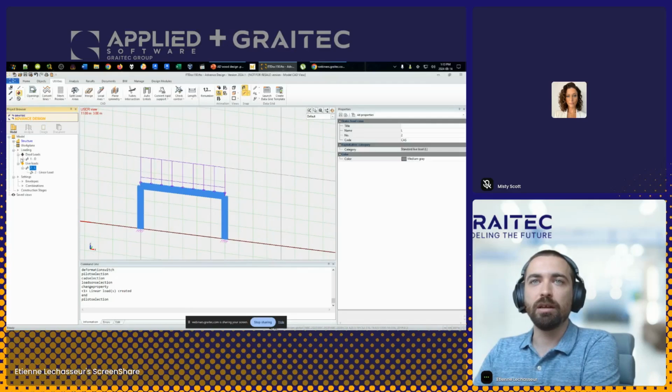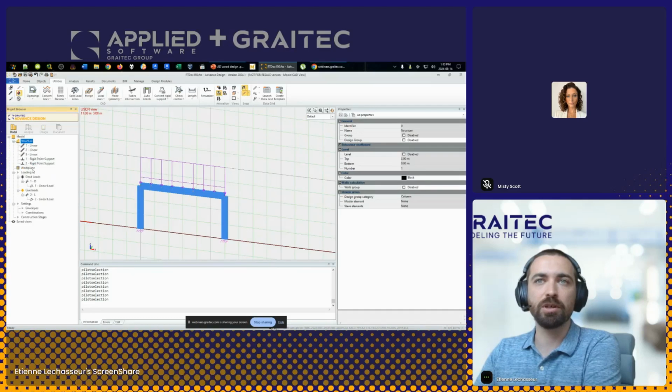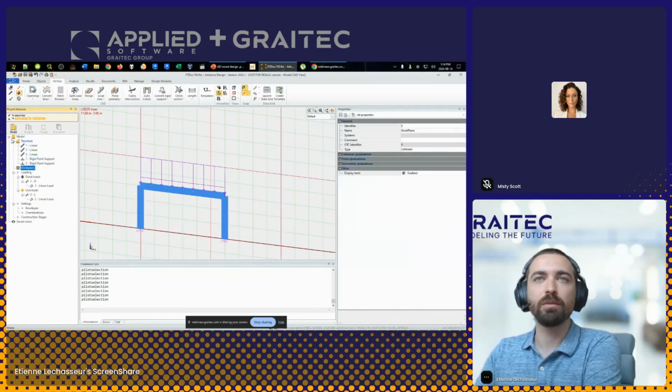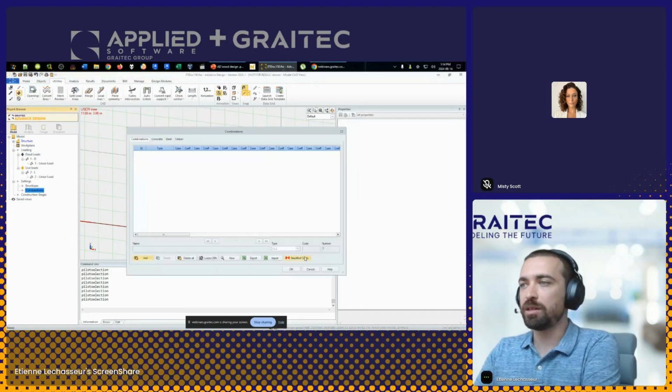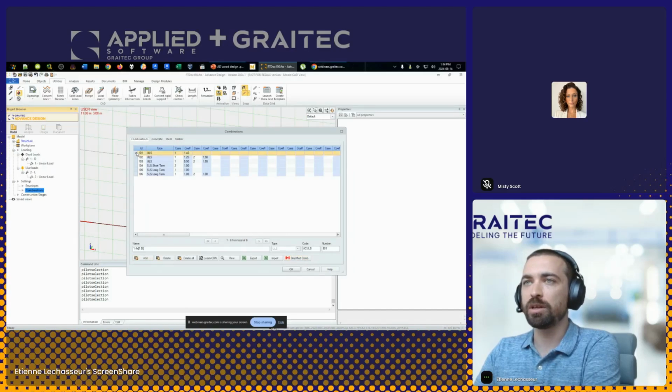Okay, so the load will be listed here. If you want to modify them, it's very easy to select them. And we also have our structural elements here. For the load combinations, if I double click on combinations, I can use the generator and generate the list